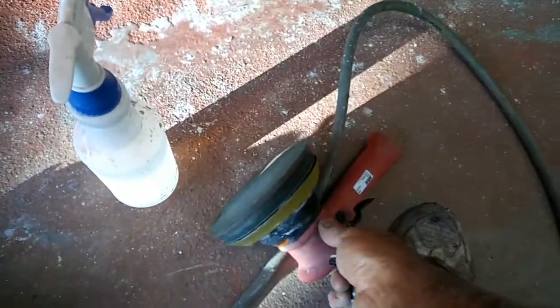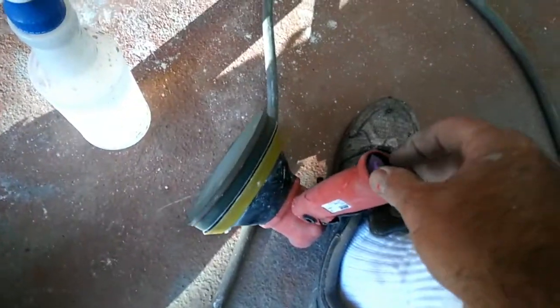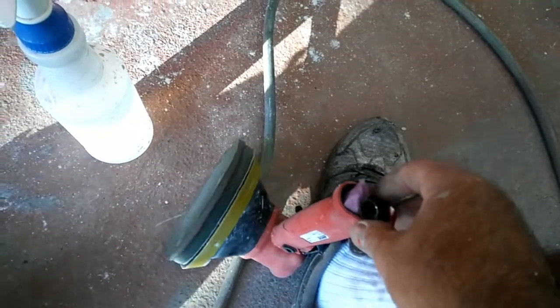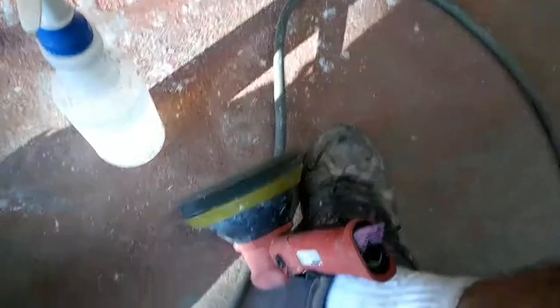Guys, a little more about this Aircat sander. I've been using it, and it says it's really quiet, but I don't find it to be that quiet. I find it to be kind of loud, but it's not that loud. I mean, it's definitely quieter than my DAQ. It's not quite as quiet as the Hutchens, but